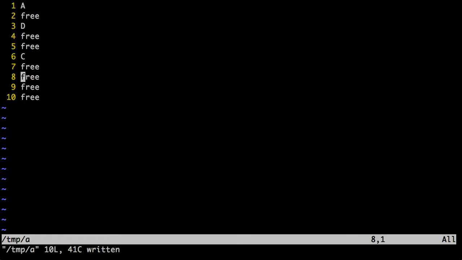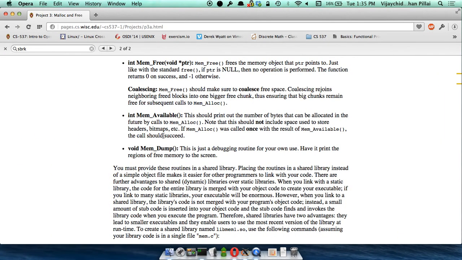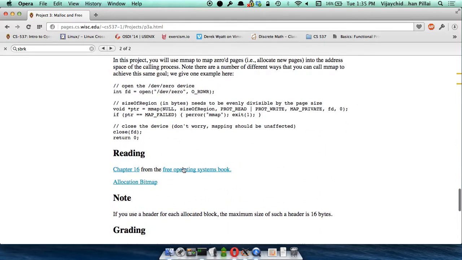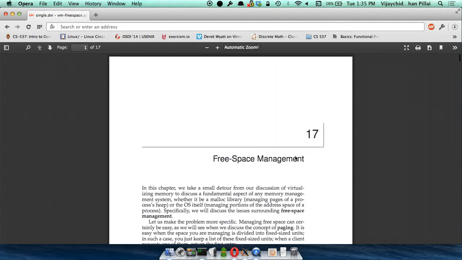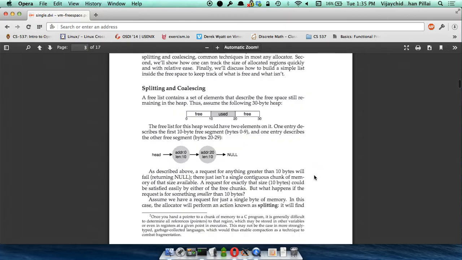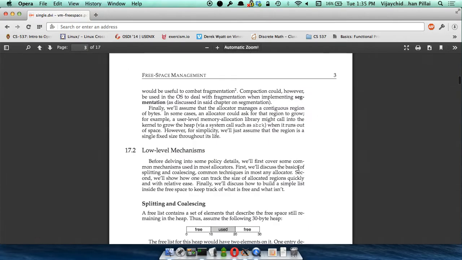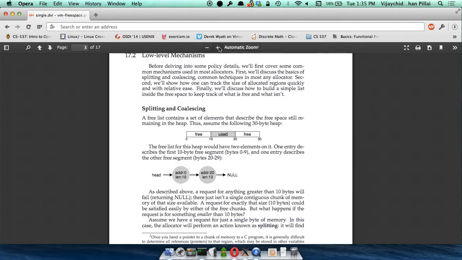So another thing that becomes important is, how do you find free chunks of memory? Okay, so you have memory like this, you must have some structure based on which you can tell which is free and which is not, and you have to search that structure to find out what's free and what's not. To help you with this, we have a book chapter right here. This is a chapter from Ramsey's book, and he has a very simple way to do this.